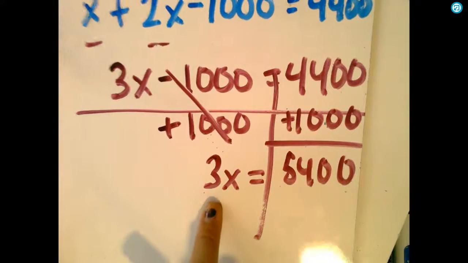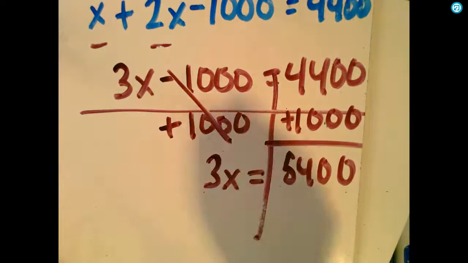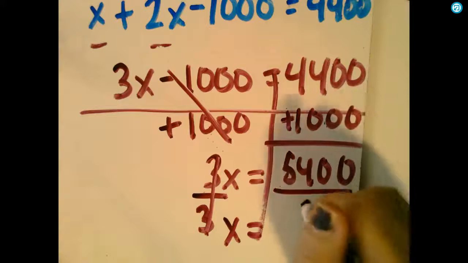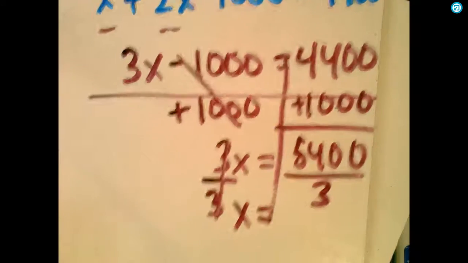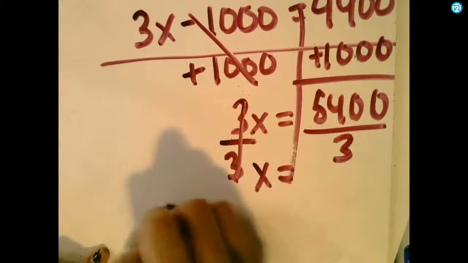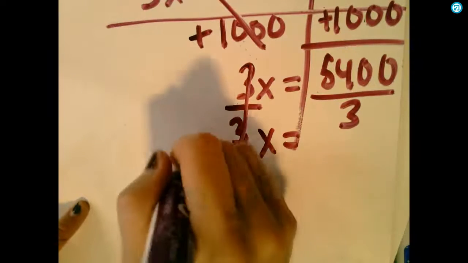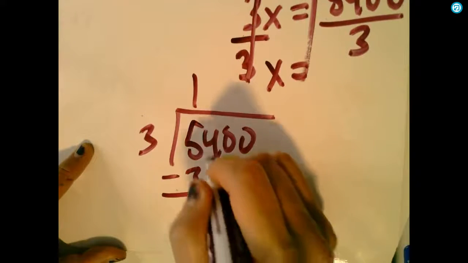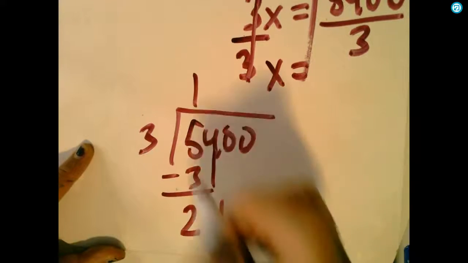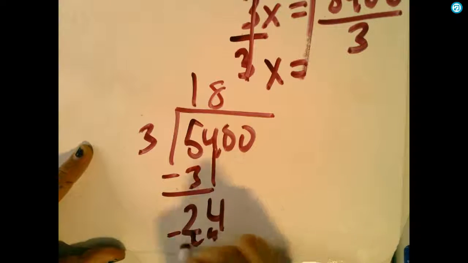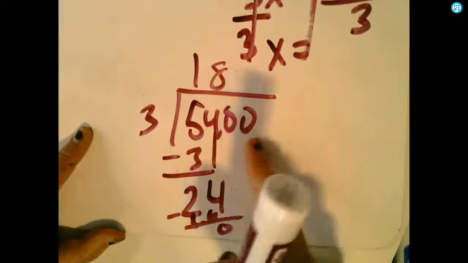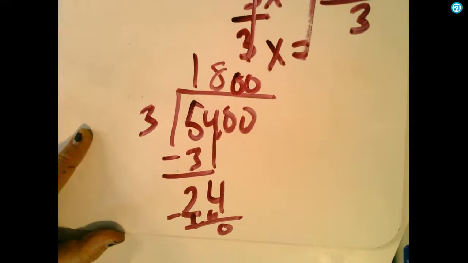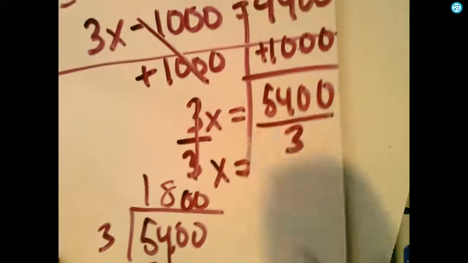Now we got to get rid of the 3. It's being multiplied by x, so we're going to do the opposite. We're going to divide. 3 divided by 3 is just 1x, or x. 5,400 divided by 3. Got to quick do that down here. So 3 goes into 5 once. We subtract. 5 minus 3 is 2. 3 can't go into 2. I need to bring down my 4. 3 goes into 24 8 times. I have 0 left, but I've got these 2 other place values, so I need to put zeros above. So I get 1,800. X equals